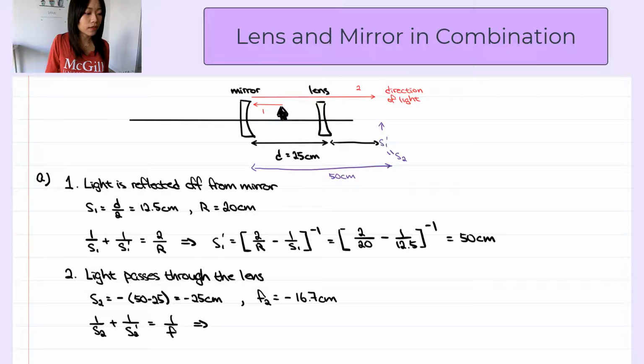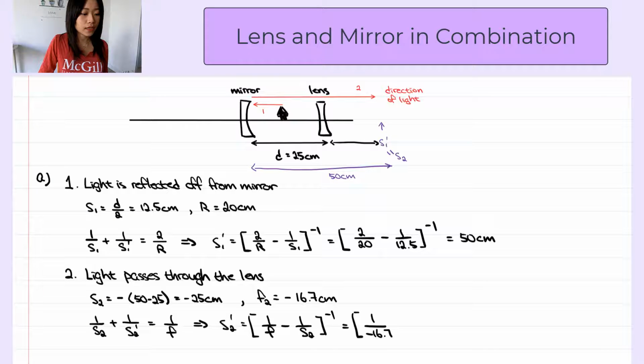Then we can solve for the image distance, S2 prime, which is the inverse of 1 over f minus 1 over S2. We plug in the numbers. Inverse of 1 over negative 16.7 minus 1 over negative 25, and we get